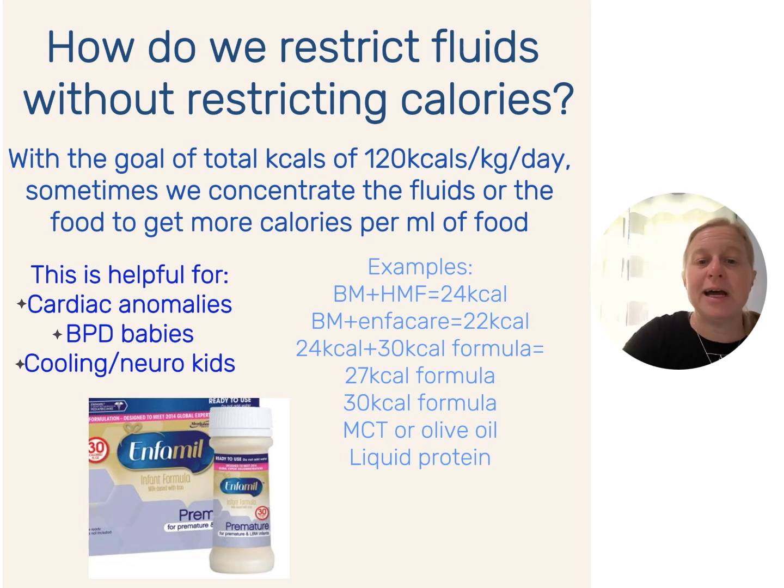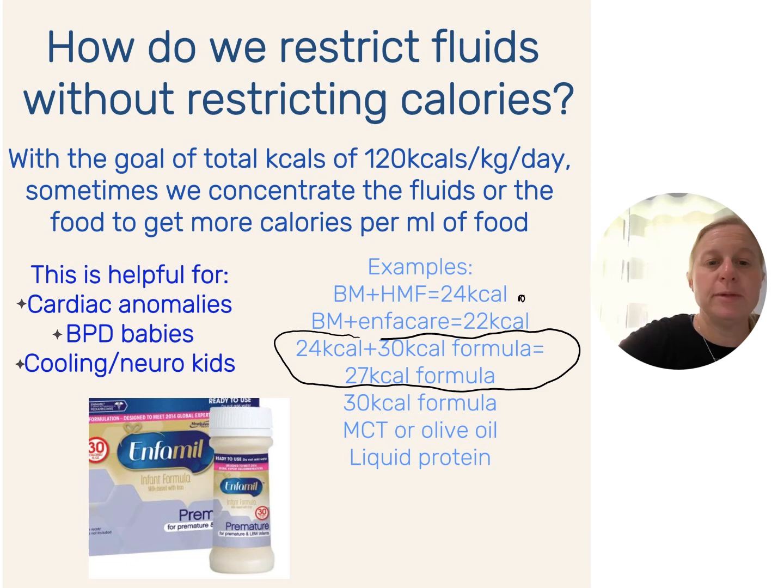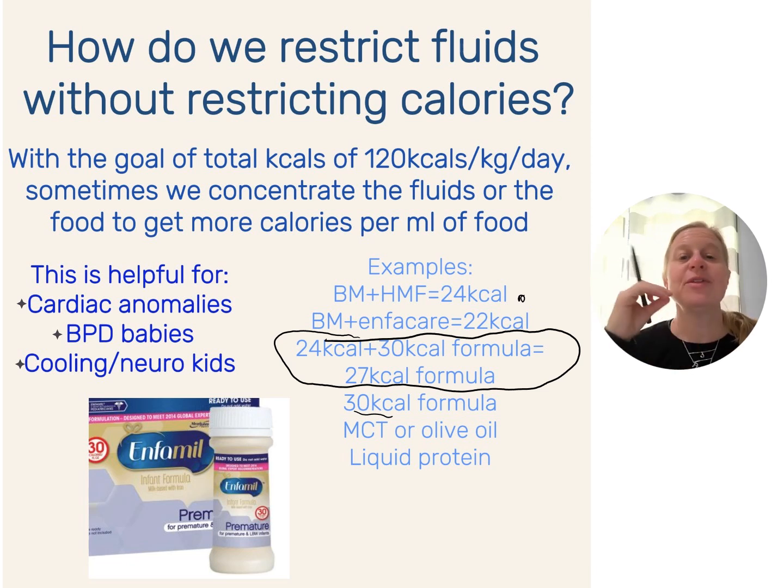Maybe we're giving them 24 cal. Maybe we need to get up to 27 cal, right? So for us here, we want to get even further. If they don't have any breast milk, we might combine 2 formulas. We might just give them straight 30 cal formula. Might be using MCT oil or olive oil or liquid protein, something to help boost their calories, right, without boosting